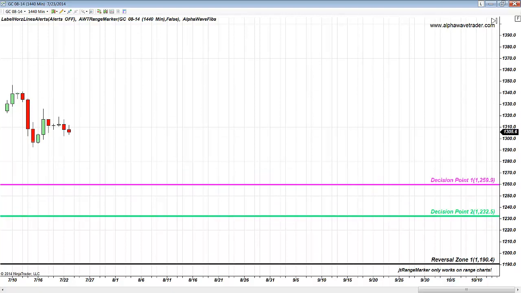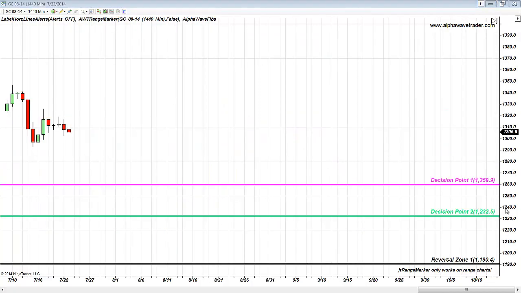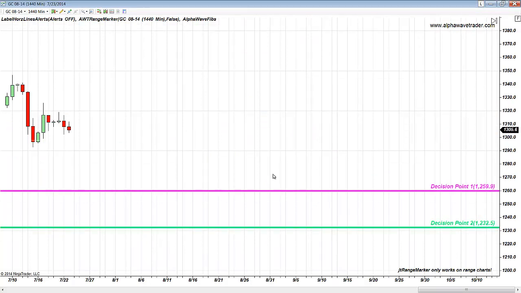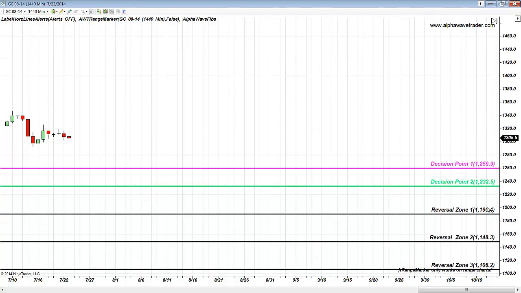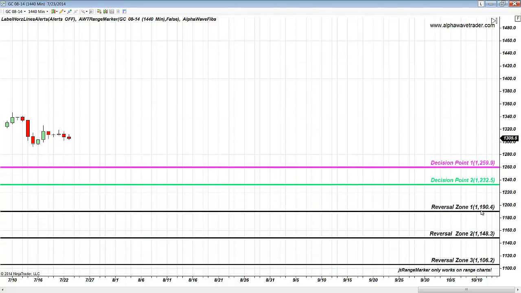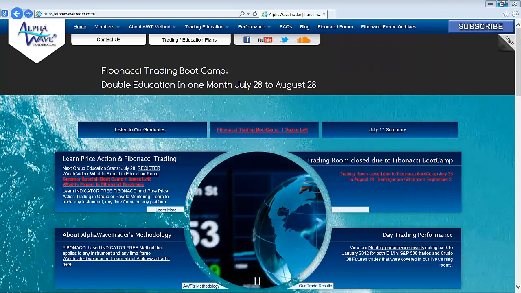As you could see, gold daily is exact same formula where I'm projecting euro weekly will be next. This is the most important level in the gold structure outside of 1275. It will show you if buyers have enough power to end bearish trend as minor trend. If 1260 is broken, gold is heading to 1232 and all the way to 1200 area. That's gold daily. Any other questions?